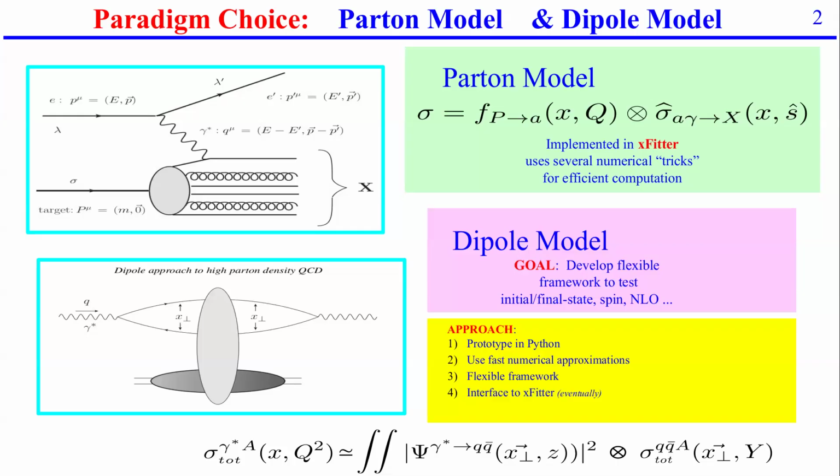We decided to just do both and make a work group that can analyze the differences between the Parton model and the dipole model. Right now, we prototype this in a very simple Python notebook that is able to take